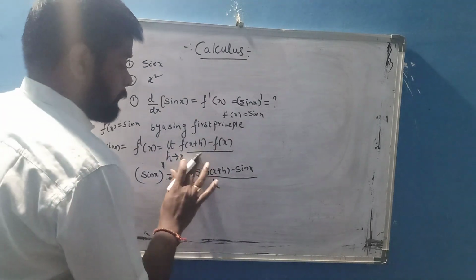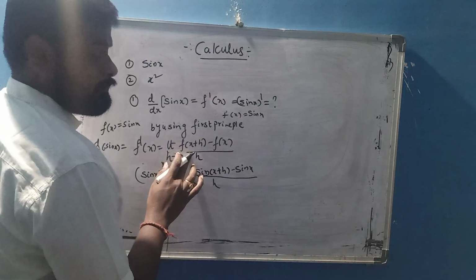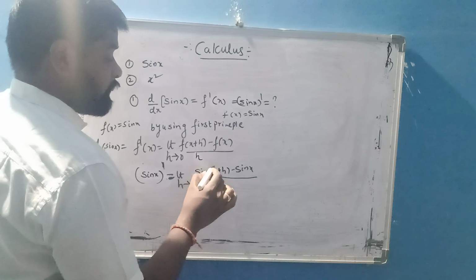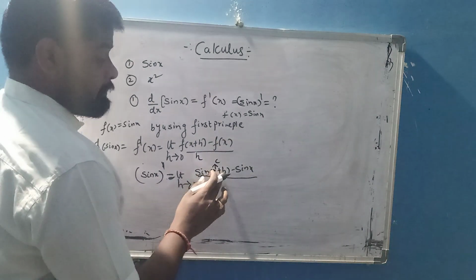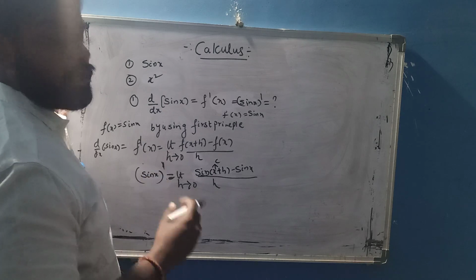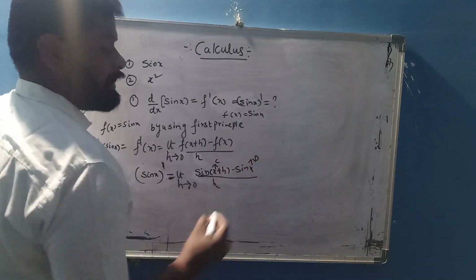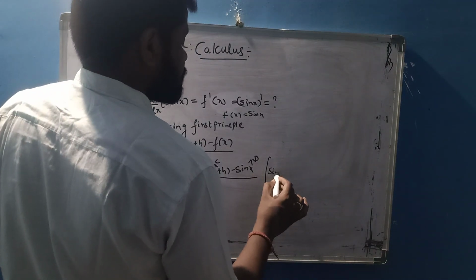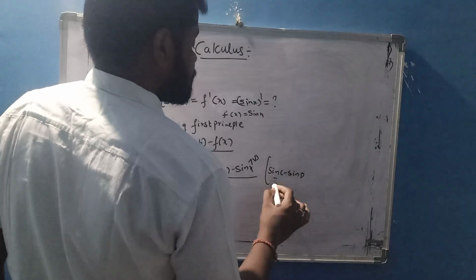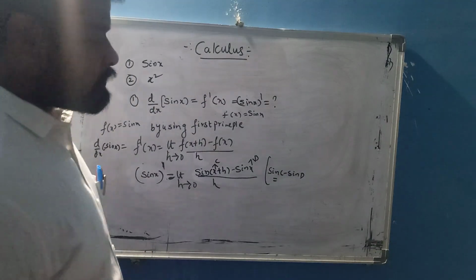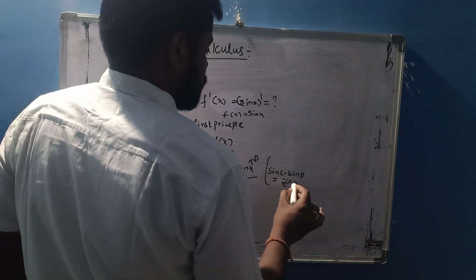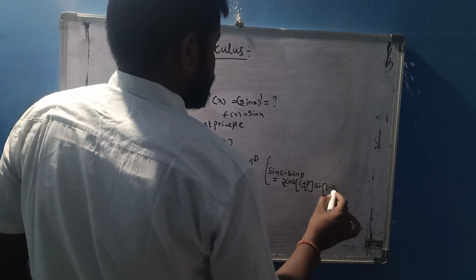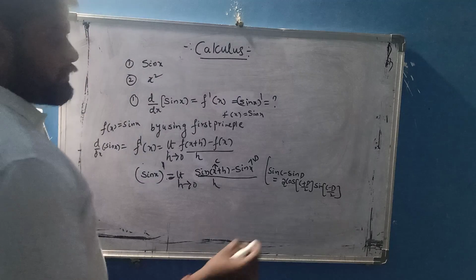After that, I already applied the formula here. What is the formula? First principle: limit h tends to 0, f of x plus h minus f of x, by h. After that, here f of x plus h is replaced by sin of (x plus h). I am assuming that x plus h is small c and x is small d. Again we go to one formula from trigonometry. Already you know sin c minus sin d. What is the formula of sin c minus sin d in trigonometry? From transformations, sin c minus sin d equal to 2 cos((c plus d)/2) sin((c minus d)/2).